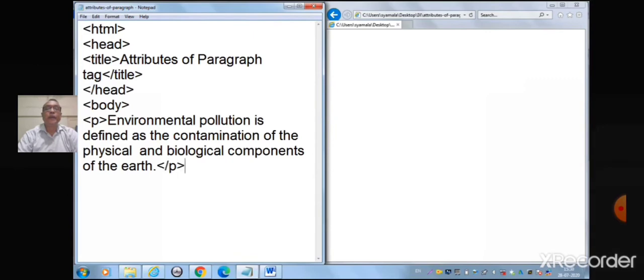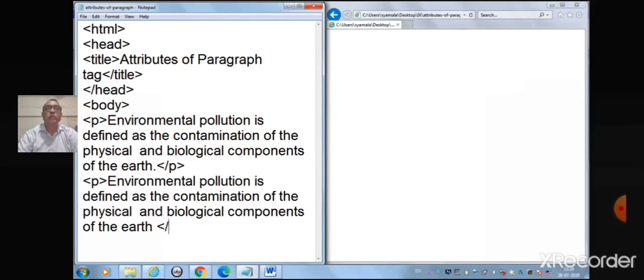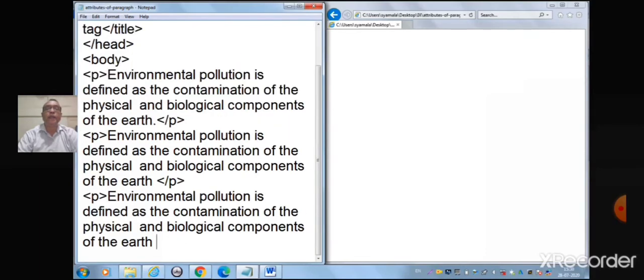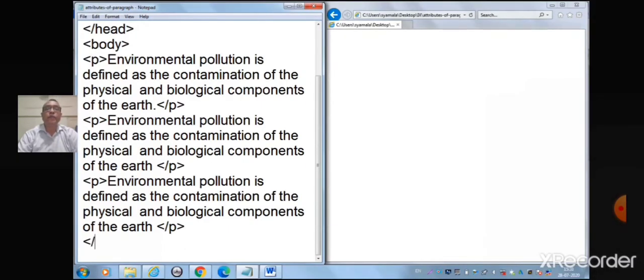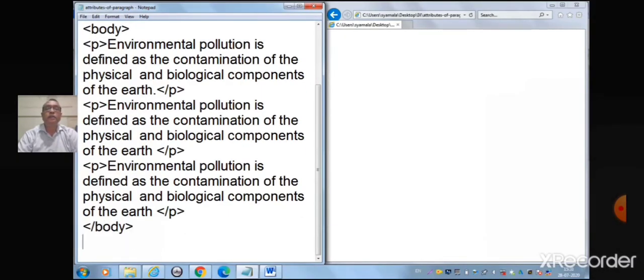For the second paragraph, once again start with P tag. Paste the same text and close the paragraph tag. For the third paragraph, once again start with P tag, same text and close the P tag. Close the body tag, close the HTML tag.